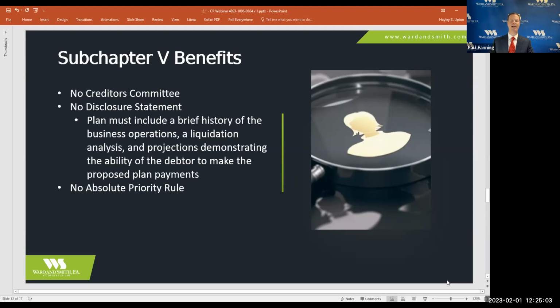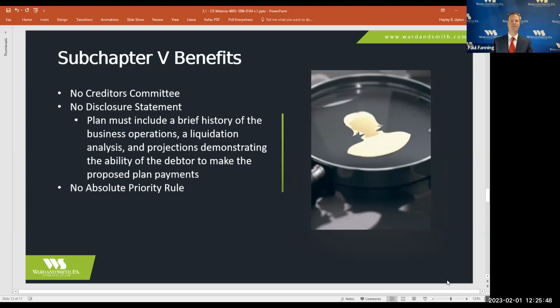Interestingly, this Subchapter 5 bankruptcy allows for the plan to modify mortgage security interest in a debtor's principal residence. If the money was loaned not primarily to purchase the property, and the money was loaned in connection with the business. If those two elements are present, then it's possible for a Subchapter V debtor in its plan to modify that debt. A lot of people don't think about that.